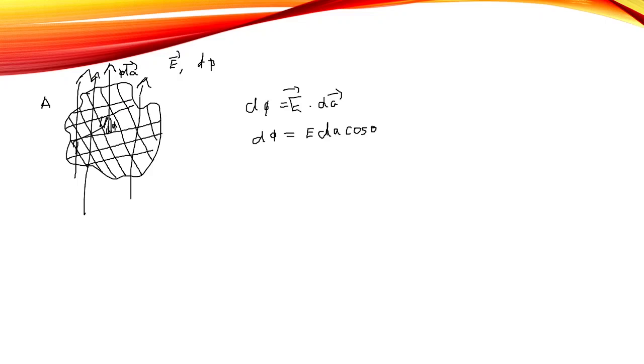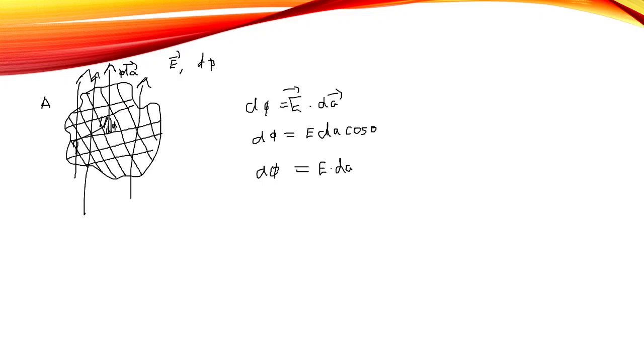Here, since the electric field line and our area vector are parallel to each other, that means theta will be 0. So cos 0 is equal to 1, and we can write electric flux equal to E dA. In your NCERT textbook, you can find it as ds, so they are considering our area vector as s. But when you go to higher classes, you will consider it as dA. You can consider it as s or a, that depends on you. Here I am considering area as A, and our small area vector will be dA.